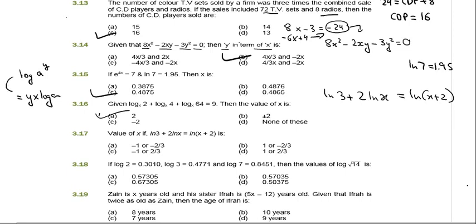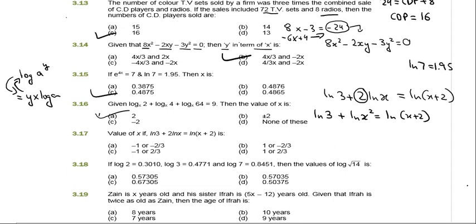So this can be converted into this form, and the reverse form will be log a power y. Applying the same property, this will be ln 3 plus ln x square is equal to ln of x plus 2,